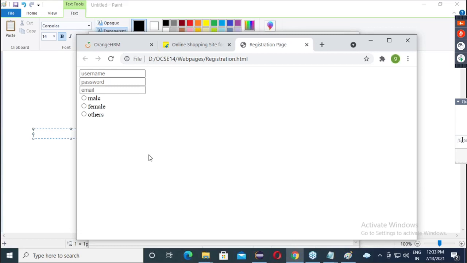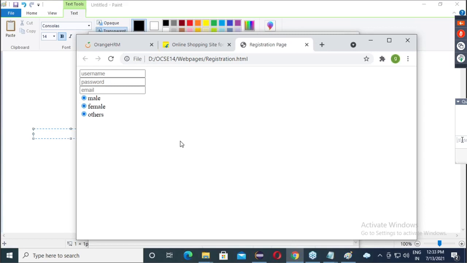Radio buttons are like, if you select one, the remaining will be deselected. Are you getting my point? Yes, sir. But here our applicant can be male, can be female, can be others. All in one. Correct? No?